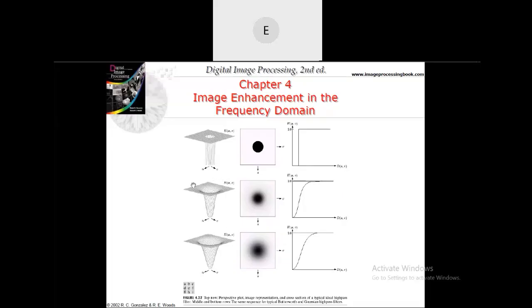This is about a Butterworth low pass, high pass filter, almost similar shape except that there is a smooth transition, as you could see here. And because of that smooth transition, you can also see the color is gradually changing. Here there is a drastic change from black to white, whereas here from black to white it is gradually changing because of the smooth nature of the curve, which is seen here also in the 1D